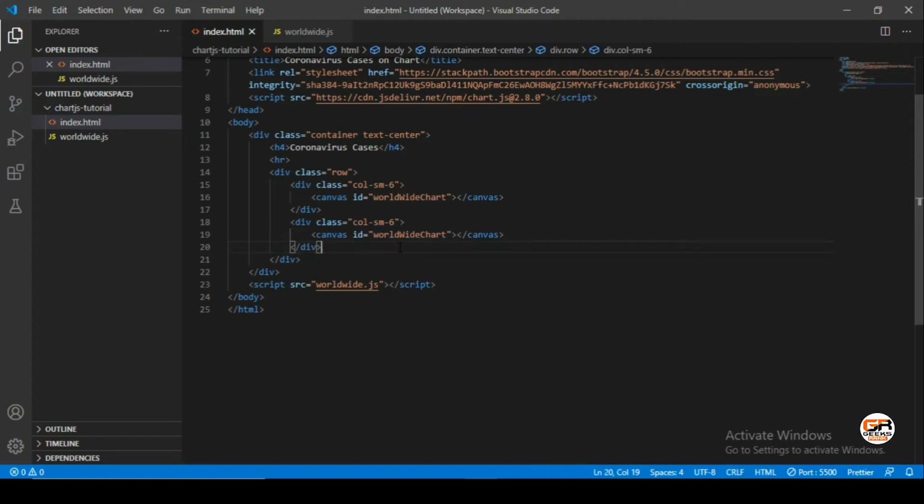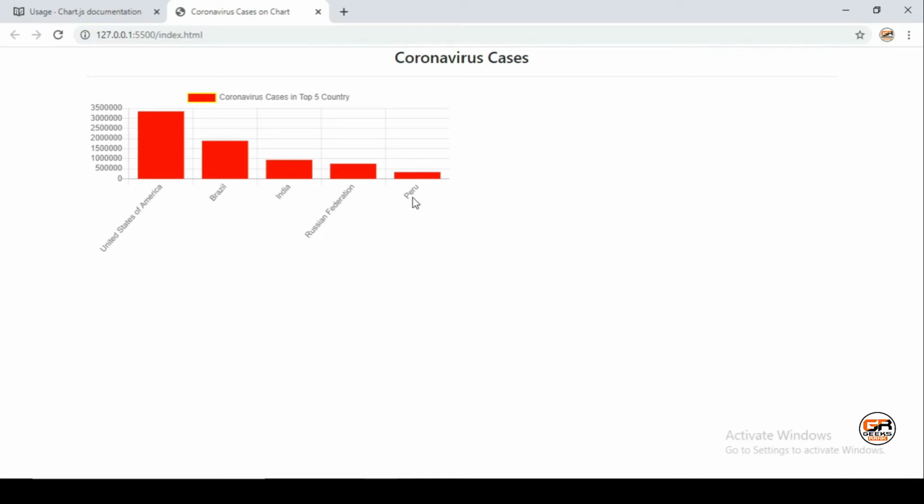As you can see, the second is not showing yet; we will work on it.